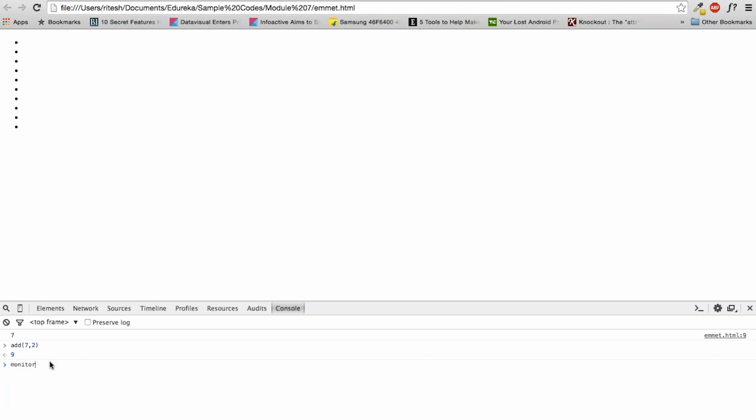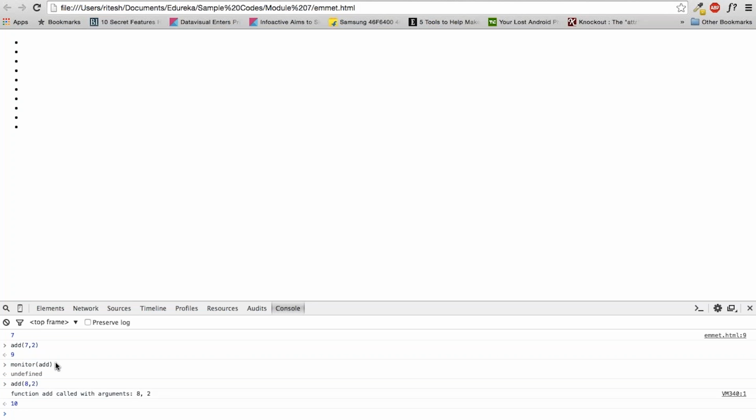For that, we have something which I'm sure most of you will not know, which is monitor add. Now if I call this function, you see, earlier I was getting only 9, but now I'm getting function add called with these two arguments, 8 and 2. So this is what monitor has done for me.